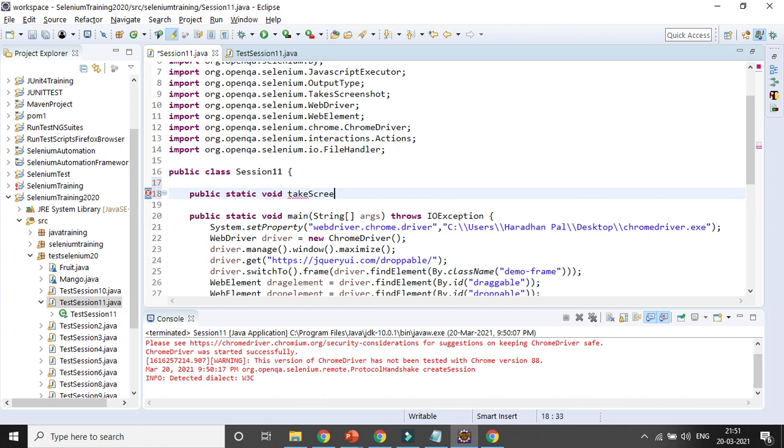That is the method I am creating here, and I am passing WebDriver driver, that is the variable, and String filePath. Okay, it will be String.